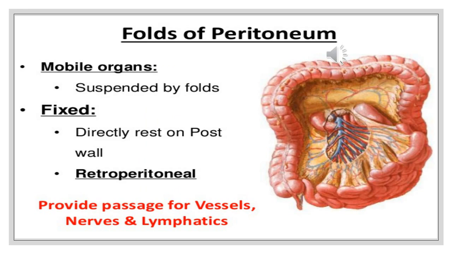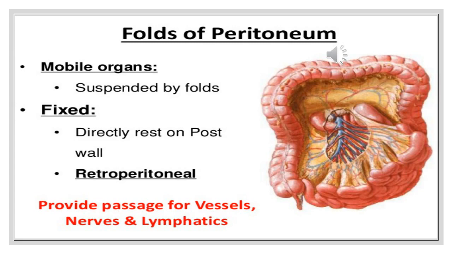Many organs within the abdomen are suspended by folds of peritoneum. Such organs are mobile. The degree and the direction of the mobility are governed by the size and the direction of the peritoneal fold. Other organs are fixed and immobile, and they rest directly on the posterior abdominal wall